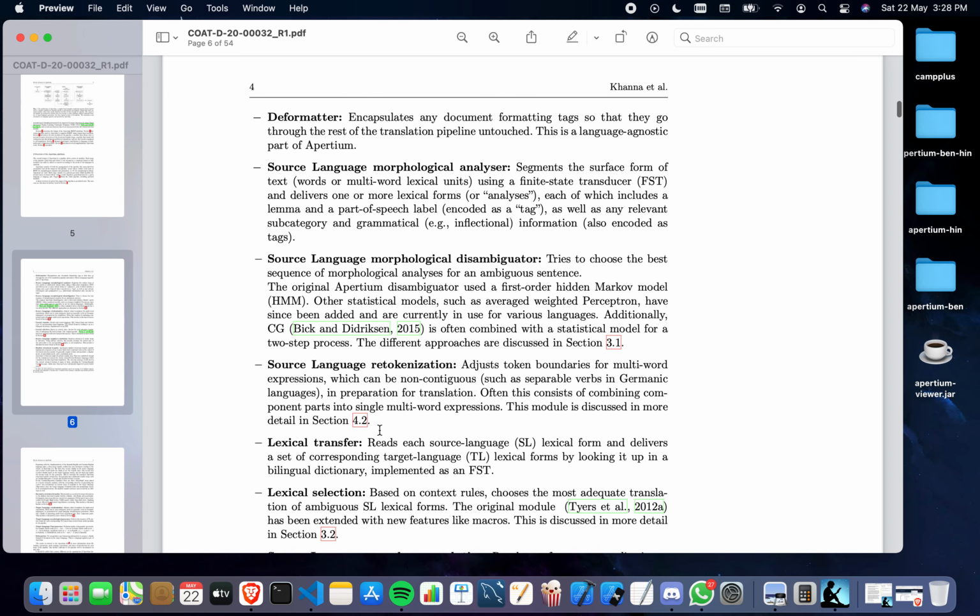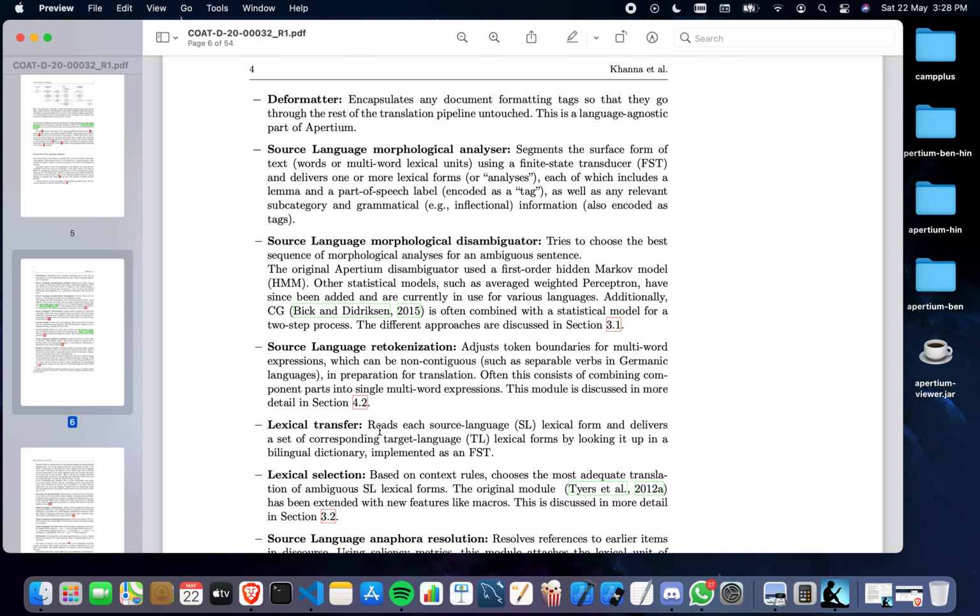Now we have the second part, which is called the morphological disambiguation part. So we are doing this using the source language morphological disambiguator. It tries to choose the best sequence of morphological analyses for an ambiguous sentence. The original Apertium disambiguator used a first order hidden Markov model, HMM.